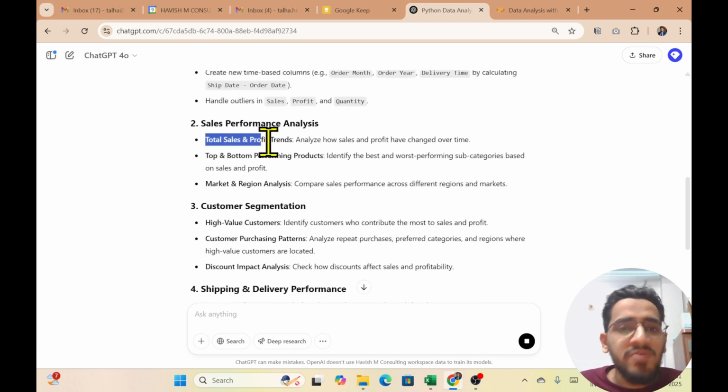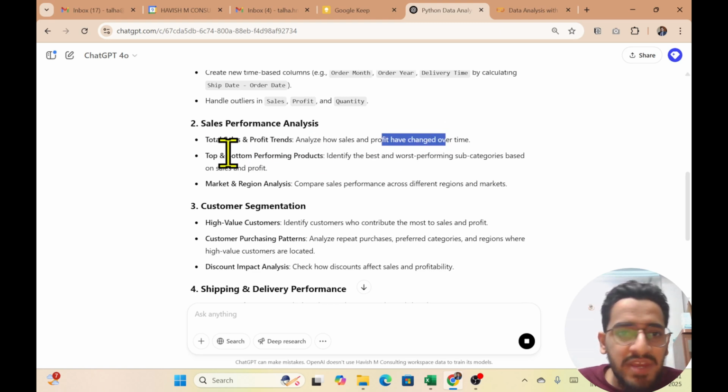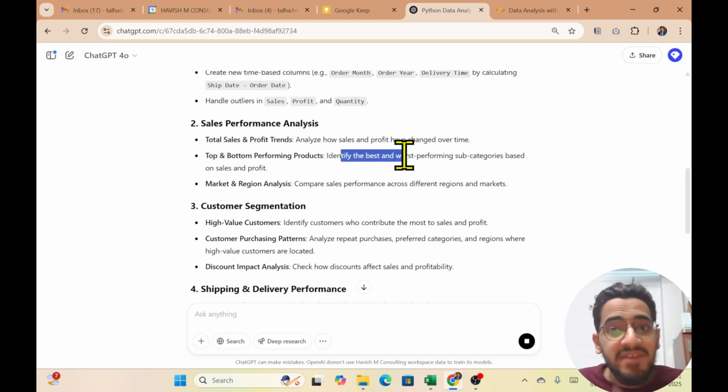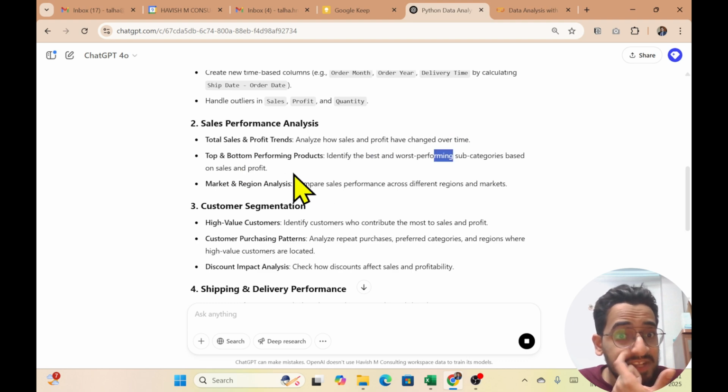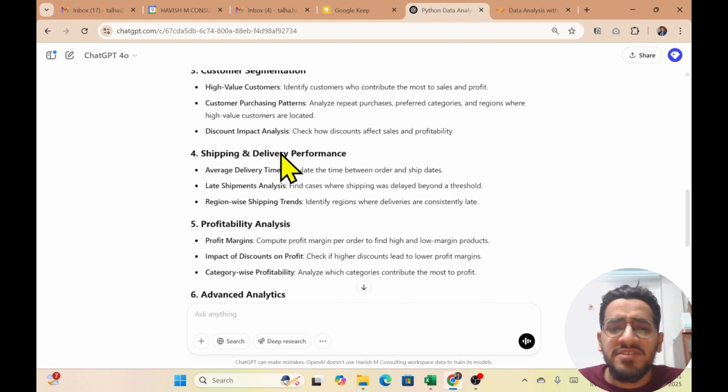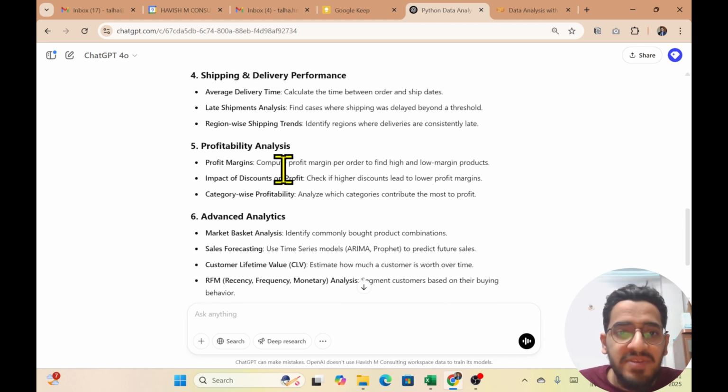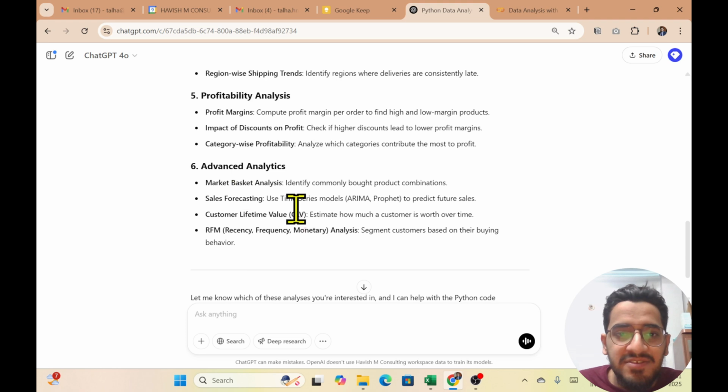Sales and performance: I can look at how total profit and total sales have changed over time. Top and bottom performing products: identify the best and the worst performing subcategories based on sales and profit. And I can look at market and regional analysis. I can look at customer segmentation, shipping and delivery performance, and profitability analysis, or some advanced